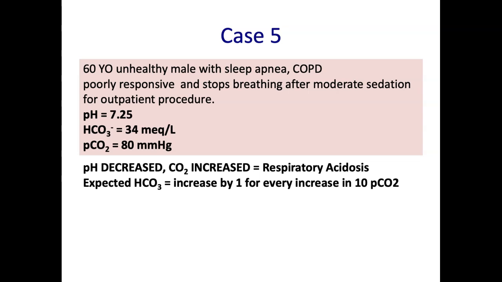All right, so let's do something here. The PCO2 is 80, normal's 40, it went up by 40. So if this was all an acute respiratory acidosis, I'd expect the bicarb to go up by 4, right? It's 1 for every 10. PCO2 went up by 40, I expect the bicarb to go up by 4. So if the normal bicarbonate's 24 plus 4 is 28, his bicarbonate's way higher than that. So why is that?